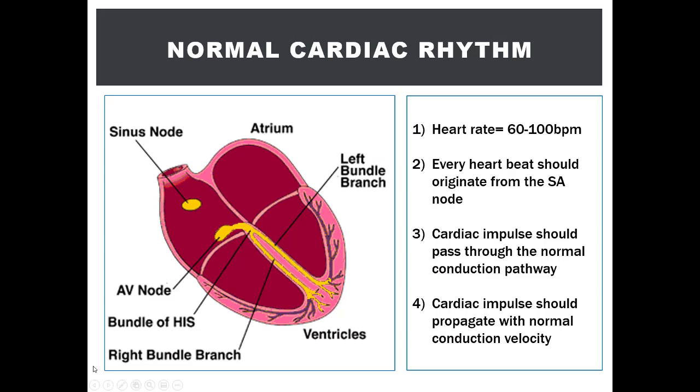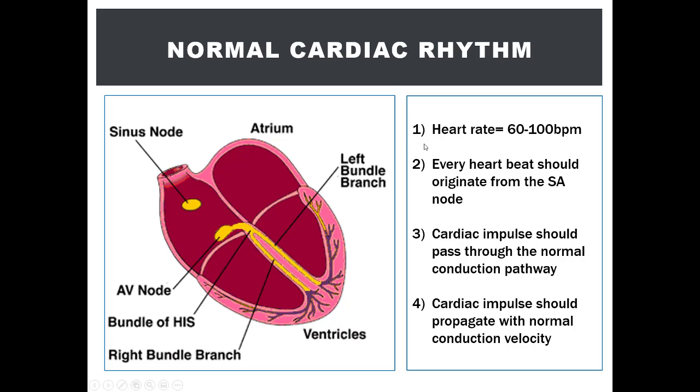So with that, the intrinsic mechanisms within the heart function to form a normal cardiac rhythm. A cardiac rhythm is simply the manner in which the heart beats. We generally know a normal heartbeat contains two sounds, and I alluded to earlier that the first sound is from the contraction of the atrium to pump blood into the ventricles. Then after the ventricles fill up, the ventricles then contract, forming the second sound of the heartbeat. The blood is then ejected from the left ventricle to the systemic arteries and the right ventricles to the pulmonary artery. So how does a normal heartbeat or cardiac rhythm look like? What are the criteria for a normal cardiac rhythm?